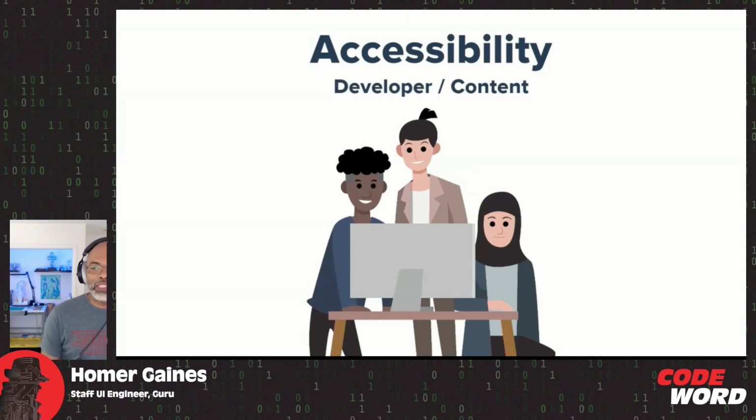But so let's talk about accessibility real quick. So accessibility, as developers, especially when we're dealing with content, we're usually the last ones who have to touch all of the files before they actually go live. But these are the times where we have the ability to spot some of the issues that actually may make it out into the public eye for our users and for our customers. And these are actually the times when we can make those corrections.